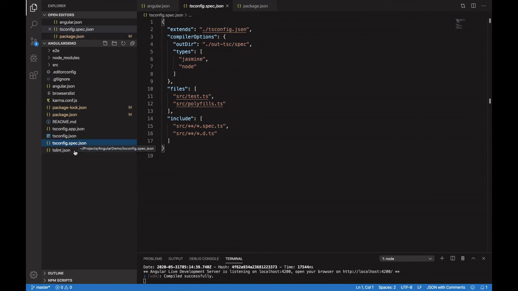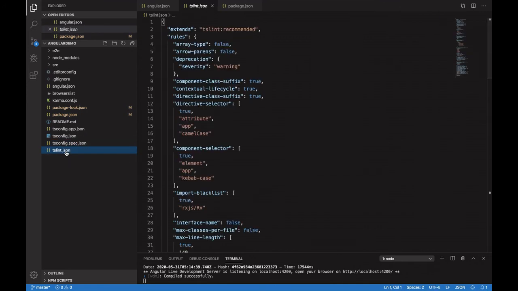Okay, and apart from that, there is one tslint.json. As I had already mentioned in our previous videos, linting is a particular tool. It is a linting tool basically, which is used by TypeScript to follow standard coding guidelines. So if you are making some kind of errors in your coding, then it will highlight those errors.